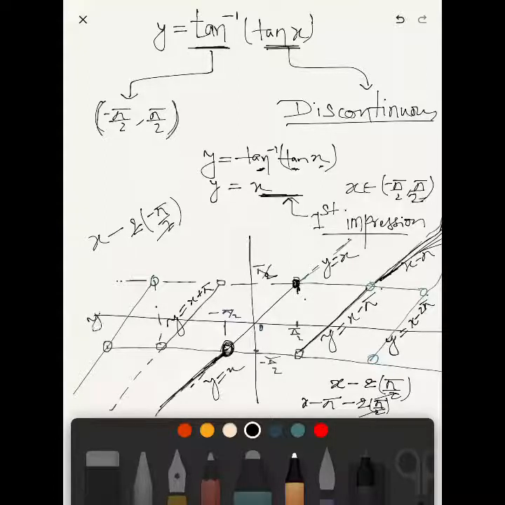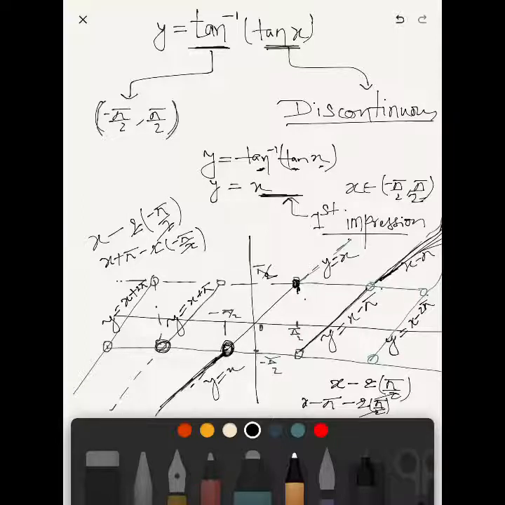Equation of this graph will be, again, this graph is x plus pi, so x plus pi minus 2 into minus pi by 2, 2 times of boundary. Okay, you are breaking from this boundary, so it comes out to be x plus 2 pi. Okay, the equation of this graph will be y is equals to x plus 2 pi. So I hope now you understood how I am drawing this graph, isn't it?